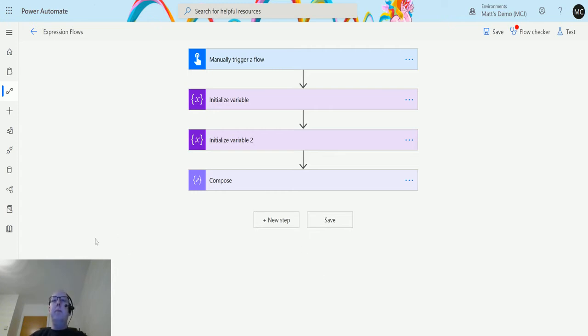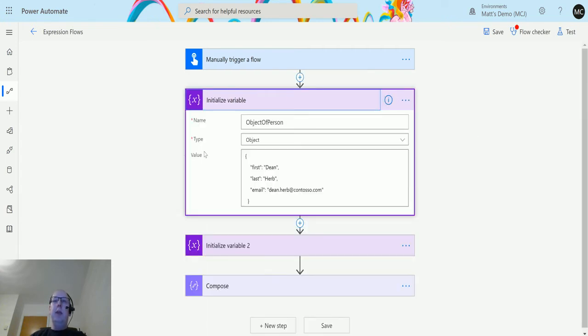So I'm here in Power Automate. I have a manual trigger flow, and I've got a couple of variables. This first variable is called object of person, and this is of type object, and all we have is just an object of a first name, last name, and email address for this person. This person's called Dean Herb, and they are from contoso.com, and that's their email address. So what we can do is inject a further property into this object